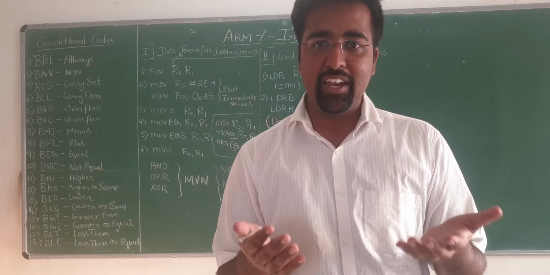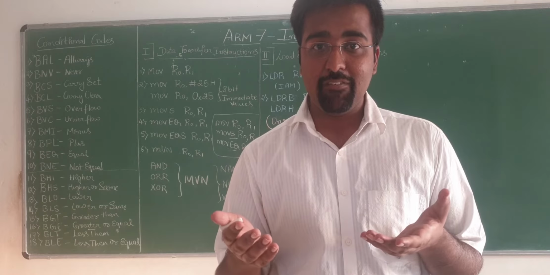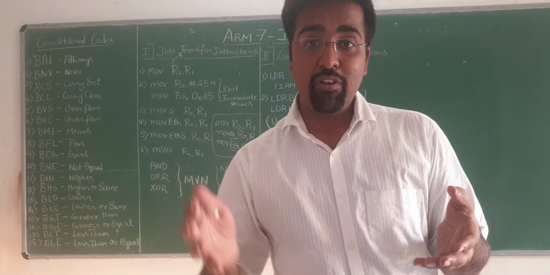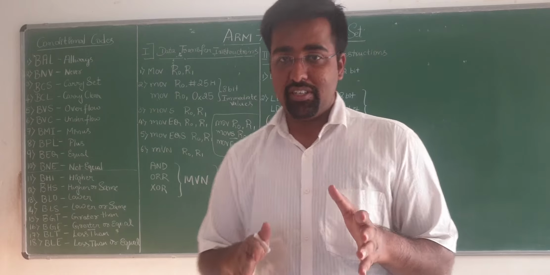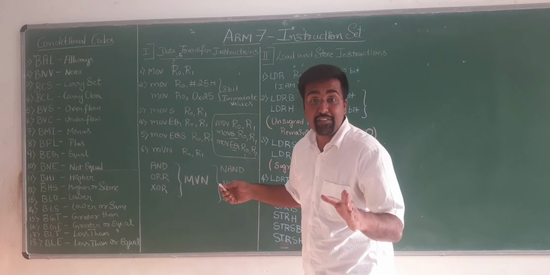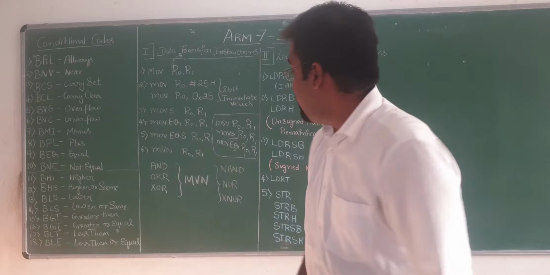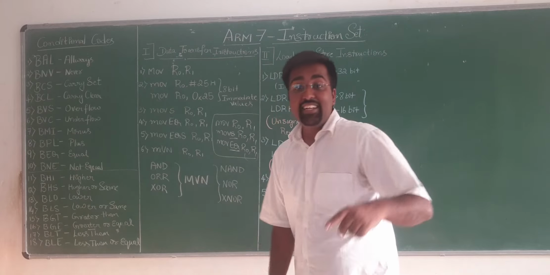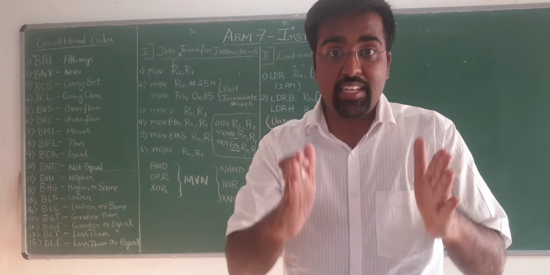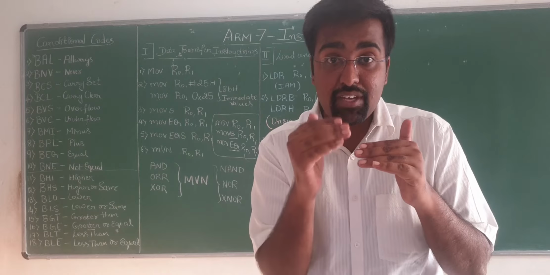Why am I comparing R0 and R1 and checking if those two are equal? I'm just moving the contents. Just bear with me. MOVEQ specifies clearly that EQ means it is checking against the previous instruction. Okay, just listen to me. It is checking against the previous instruction.